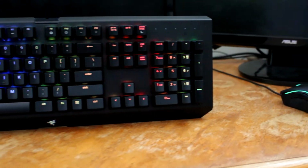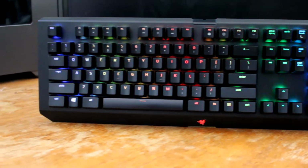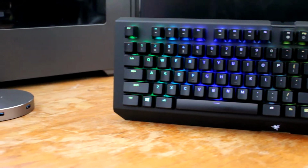Well, earlier this year, Razer introduced their Blackwidow X, featuring a metal backplate with no plastic covering. The keyboard feels much more premium than many Razer products do, and if I were to compare it to any other keyboard, I would say it's most similar to the Corsair K-Series, in that it has a nice metal backplate that makes it feel premium, and it also helps the lighting pop a lot more than it would off of